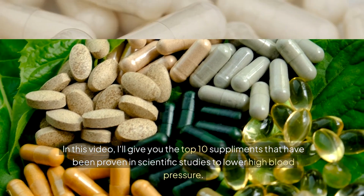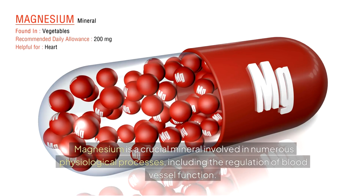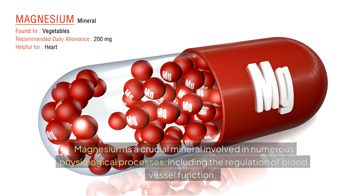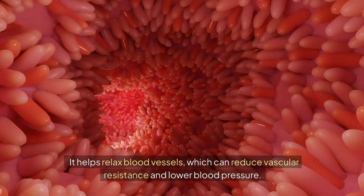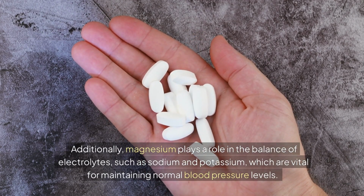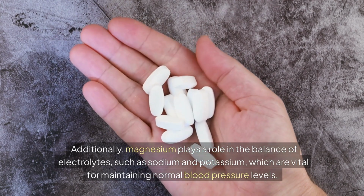1. Magnesium. Magnesium is a crucial mineral involved in numerous physiological processes, including the regulation of blood vessel function. It helps relax blood vessels, which can reduce vascular resistance and lower blood pressure. Additionally, magnesium plays a role in the balance of electrolytes such as sodium and potassium, which are vital for maintaining